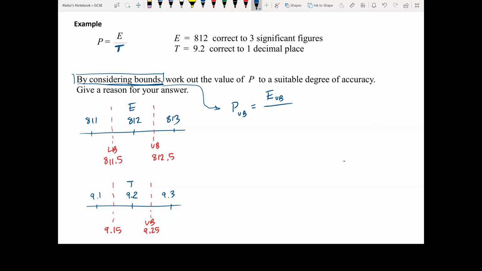And we want the smallest possible value for t, so t lower bound. So this would then give us p upper bound, which we've already got written down. So e upper bound is 812.5 divided by t lower bound, which is 9.15. And then if we do that calculation, type that into your calculator, and we get, write down the full display,